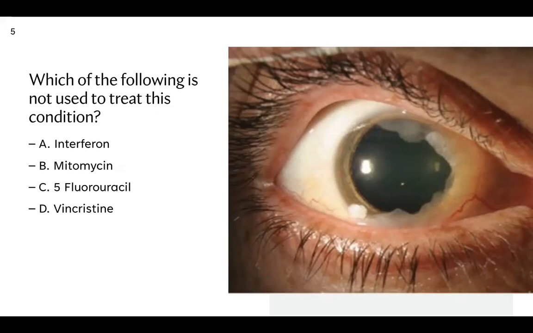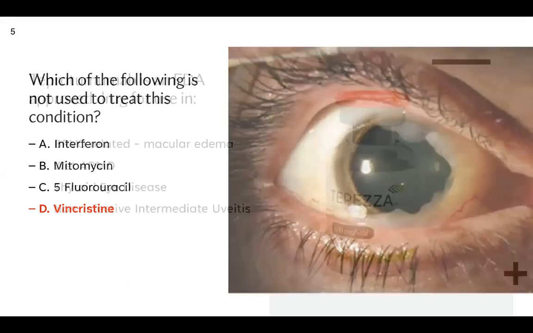As you can see, this is a diffuse slit lamp image showing a particular pathology on the surface. I think I have already given enough hints while describing, or rather not describing, this image. The diagnosis is speaking for itself. The poll is locked, closed, and let us see the right answer. The right answer is vincristine, and expectedly 75% of them have got it right. Interferon, mitomycin C, and 5-fluorouracil can be used topically to treat ocular surface squamous neoplasia, which is being depicted in this picture. Our next question is this.